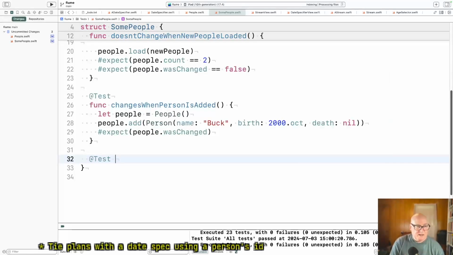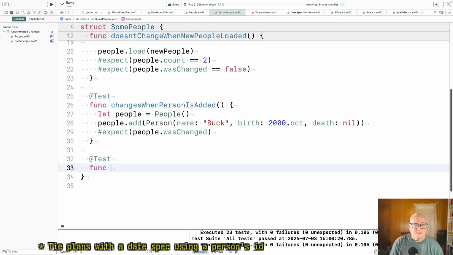All right, we're going to make a new test function. The people can find person by ID.